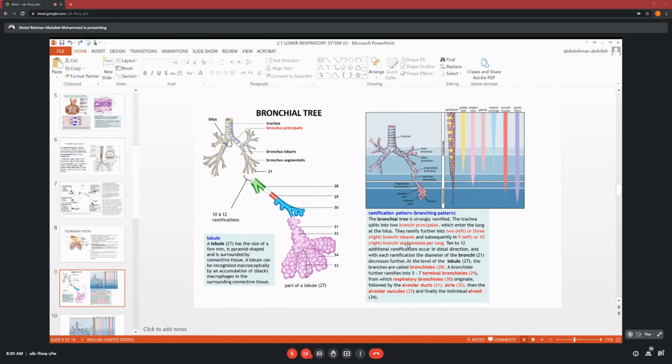It's mentioning here that ramification pattern means branching pattern. So we know that it is highly divided. Talking about the bronchioles